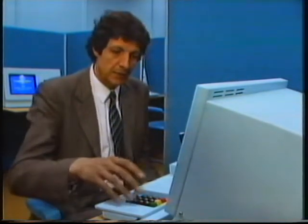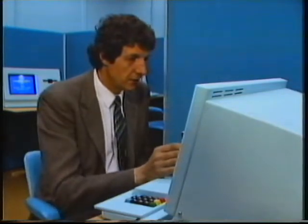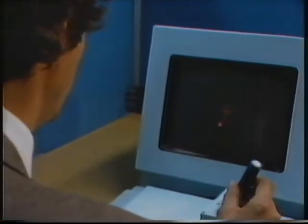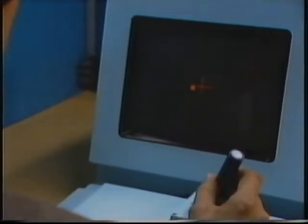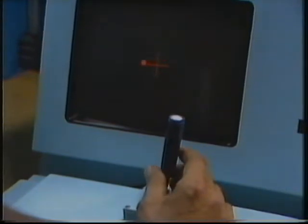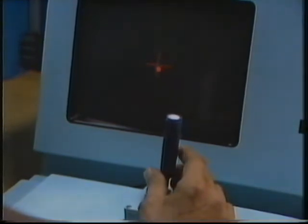And the one they've given me to do is one which will test my coordination of hand, eye, and foot. It's not my strong point. Now, the idea behind this is that I've got to keep the red dot centered on the point where the two red lines intersect in the middle of the screen. And I have to use my rudder pedals and my control column to try and keep this blessed red dot centered on the little red